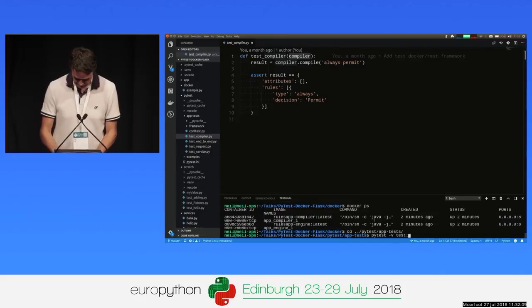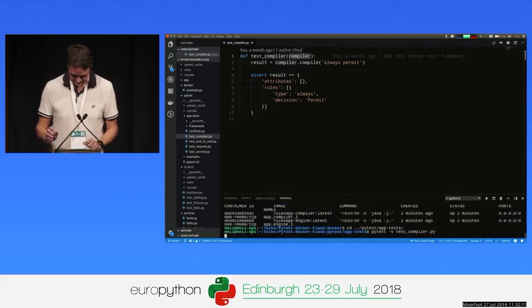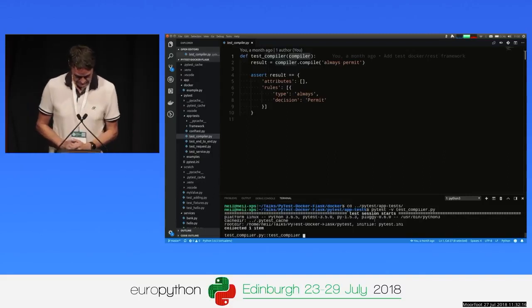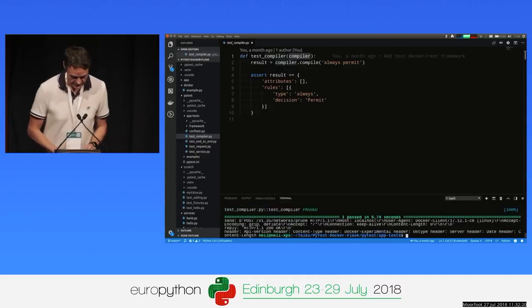What's it called? Test compiler. Takes a little while to bring that up, bring it down. Great. So,